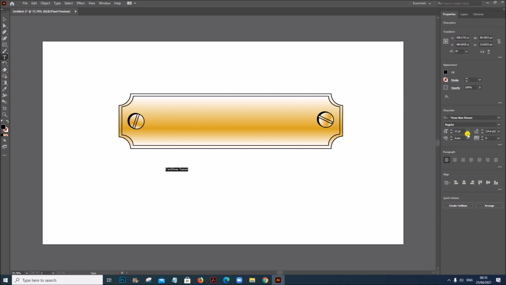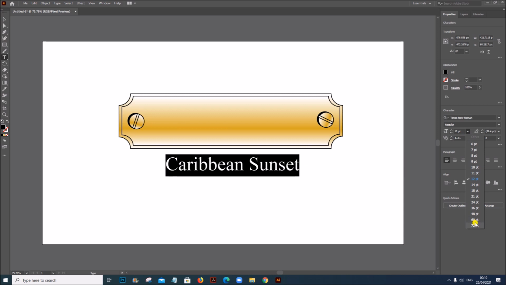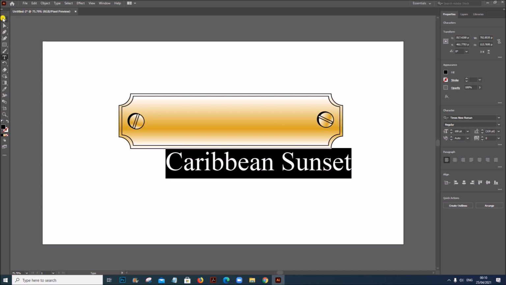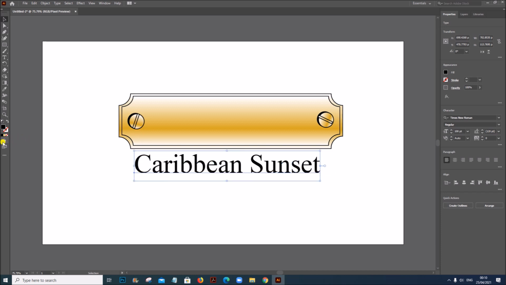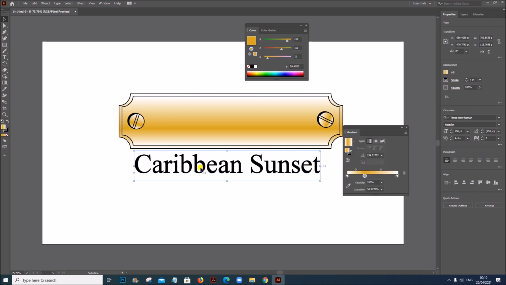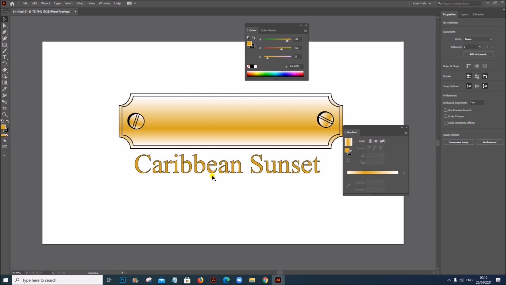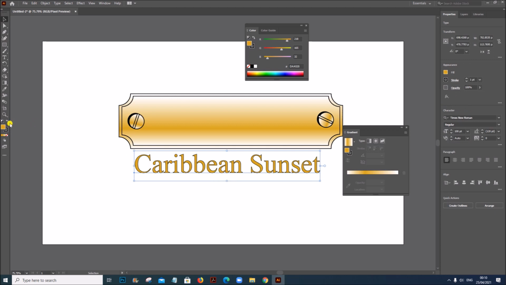Times New Roman. Make the size, this is 72. Let us make it 100. The stroke must be black and the fill must be the gradient which we have set. The stroke can be a little bit thicker.